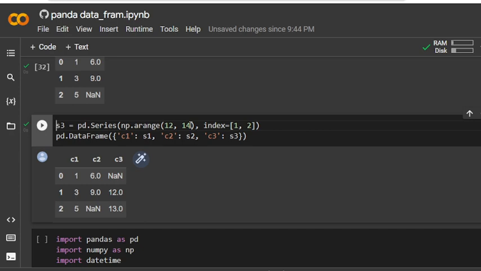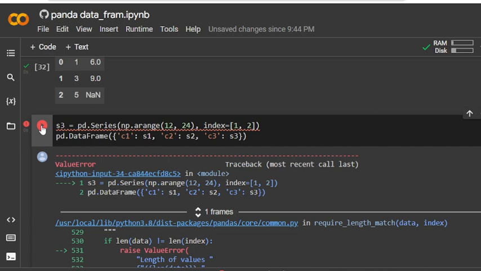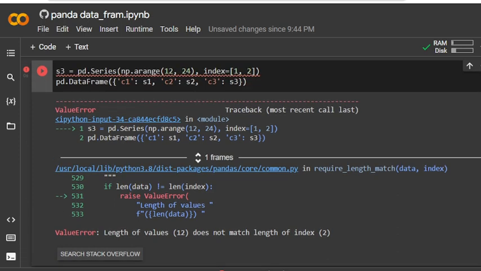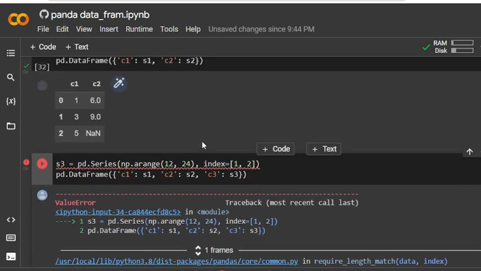Let's see what happens. I am changing a value to 24, and could you see what happened? Your data hasn't been created, you have gotten an error, because the length of the value, 12, does not match the length of index 2. So if you write here 20,